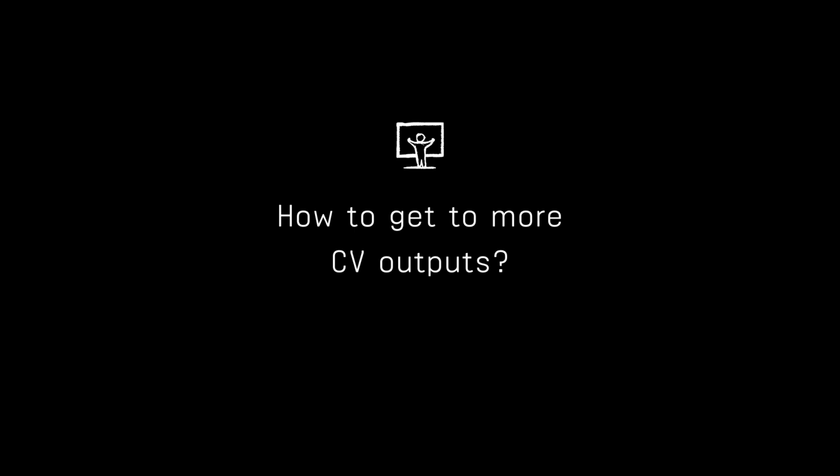I need more CV outputs. What should I do? Instead of buying an additional master, use MIDI to CV modules. For example, there are modules where you get MIDI input and 8 CV outputs, and then you use either the master 18 or the master plus X7, and can use these MIDI output devices for outputting additional CVs. It's just one limitation, that the sampling rate of these outputs is much lower, of course, because in order to change to another sample, you need to send a MIDI CC. So it's more like one sample change in 2 to 5 milliseconds.